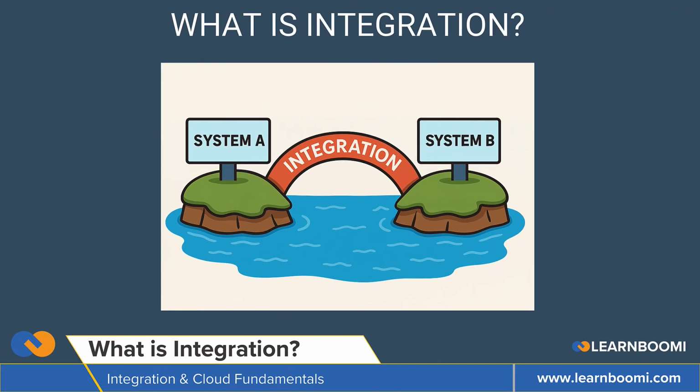Here's a diagram which I'm trying to put in your mind. You can imagine each system as its own separate island. System A has an island, system B has an island. Visualize this. They all exist, they all work, but they are isolated islands. So integration is basically the bridge. The bridge connects the islands and allows information to travel freely, quickly and safely between them. Without the bridge, the islands stay disconnected. What happens with the bridge? Everything becomes connected and communication becomes very easy.